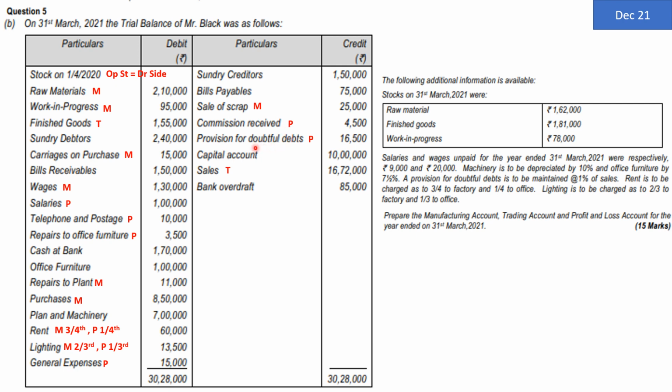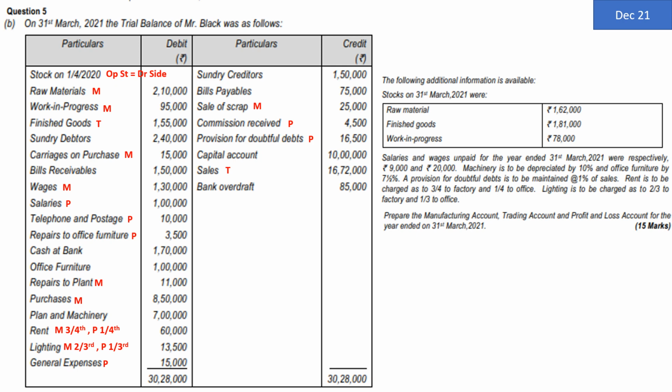Provision for doubtful debts. Now we'll have to be careful. This is the amount of RDD as per trial balance. This goes to the P&L account debit side, in that 4-line adjustment which you normally do in 11th and 12th standard. So provision for doubtful debts will be deducted from the current year provision which you are going to create on the debit side of P&L account. When we are preparing the account, at that time I'll again discuss the same. Capital account is a liability, can be ignored. Sales, trading account credit side, bank overdraft is a liability, that can be ignored.